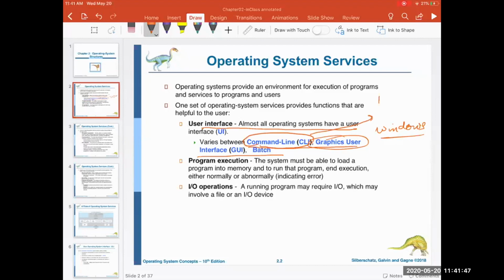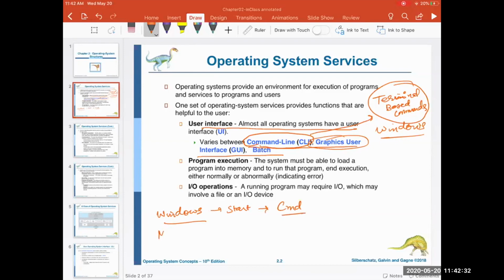is for whosoever loves terminal based communication. In Windows, if you click start and type in CMD, it will show you the terminal there. And in Mac, you can click Launchpad and type in terminal. So it will show you the terminal. In Linux,